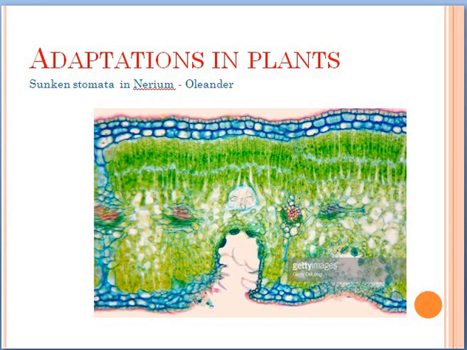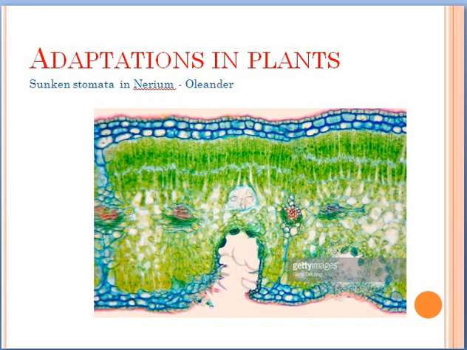You know that the guard cells want to open and close, so they are spending some amount of energy for the guard cells to open and close. So in this case, the plants have to reduce the rate of transpiration for their survival. So we are going to learn about the various types of adaptation that we can see in plants, that can be found in xerophytes or in aquatic plants, that is hydrophytes too.